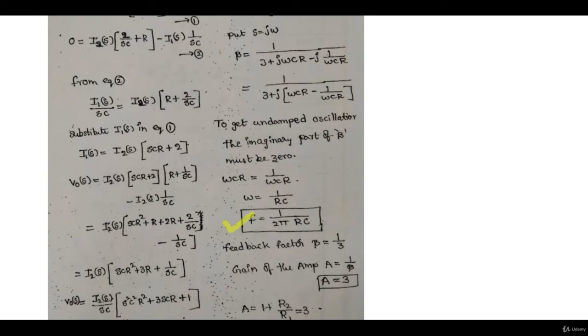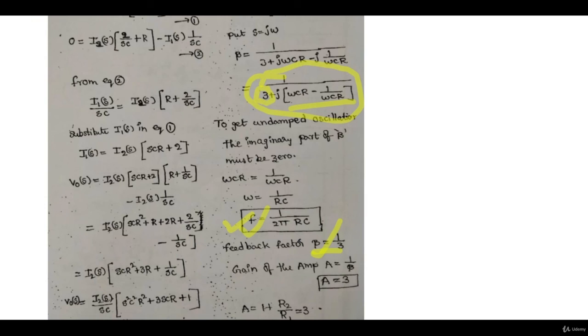Okay, and so the beta here you can see is 1 divided by the real part. You don't have to actually rationalize this expression. This is what I have not told. This is kind of a shortcut. You take the imaginary part in the denominator, equate it to 0, it is equivalent to rationalizing and then equating the imaginary part to 0, or taking only the real part of the beta. So this is the shortcut. If you rationalize this, take the beta imaginary value and equate it to 0, you will get the same stuff. Okay, you can do it by yourself.